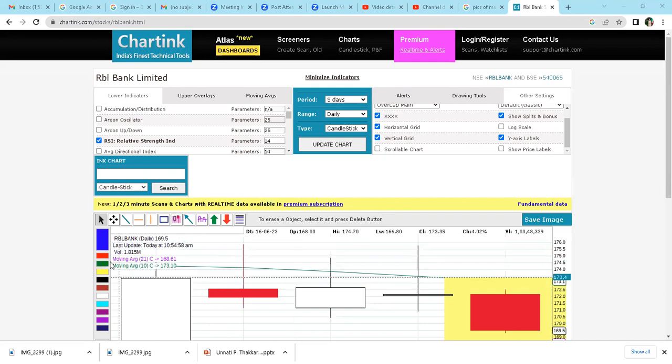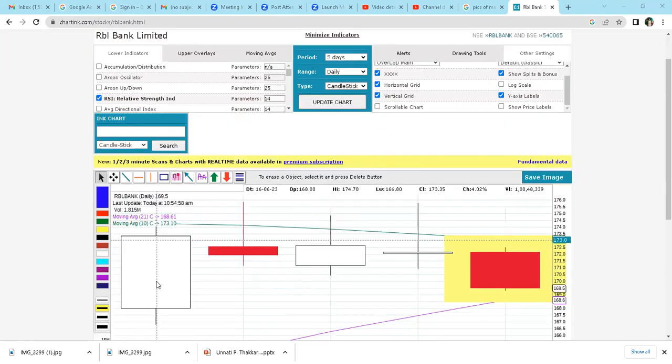If you look at the screen, this is a candlestick which has a body with a large difference. There is a difference between the closing price and opening price. When the closing price is greater than the opening price, we have a white candlestick pattern. But when the opening is higher than the closing, we form a red candle. On the screen, on 19 June of RBL Bank, there is a red candlestick pattern